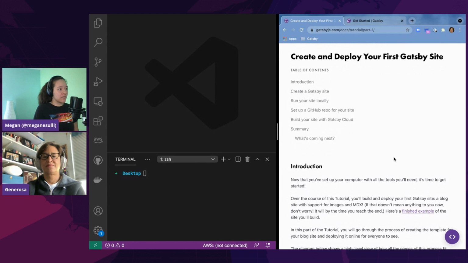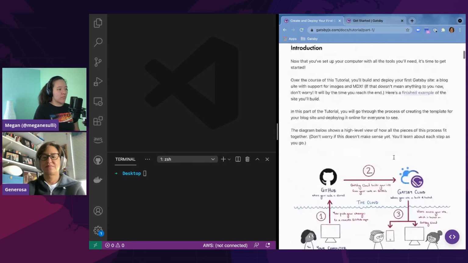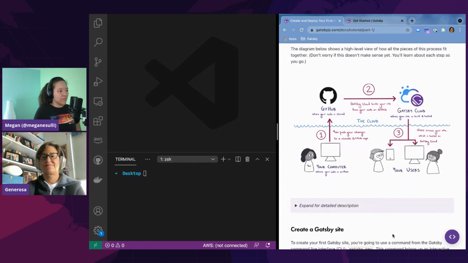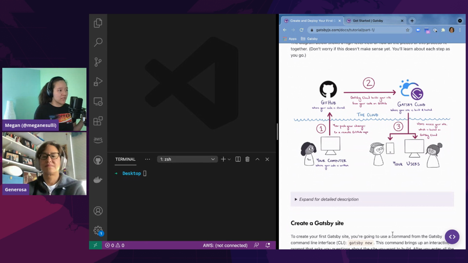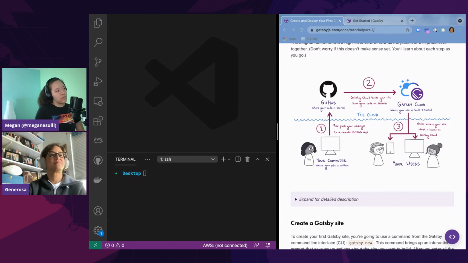So we'll go through this in a couple of different steps. If you scroll down a little bit, there should be a picture here. Yeah, this one. This is an overview of roughly the process that we're going to go through. So there's you in the bottom left corner. You're working on your own little computer on your Gatsby code. And then when it's time to put it on the internet, you're going to push that code into GitHub. It's on the cloud. So once your code is on GitHub, we're going to create a site on Gatsby Cloud that is going to watch your GitHub repository.